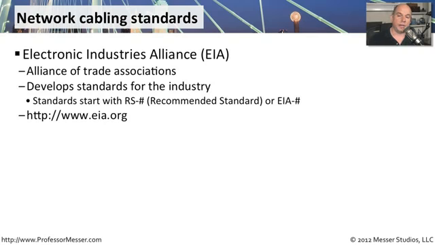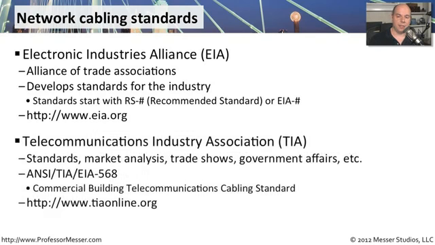www.eia.org. The other organization that handled cabling standards is the Telecommunications Industry Association, the TIA. So obviously this is one that deals with the telecommunications industry in general. And they handle standards, they do market analysis, they do trade shows, they do a lot of different things. So if you ever see an ANSI TIA EIA standard of 568, that is referring to the Commercial Building Telecommunications Cabling Standard. And that's the one we use when we are building out our network infrastructure. To find out more about the TIA, you can see their website at